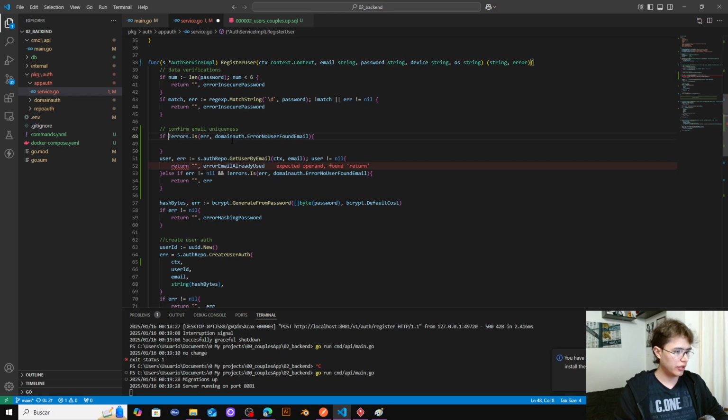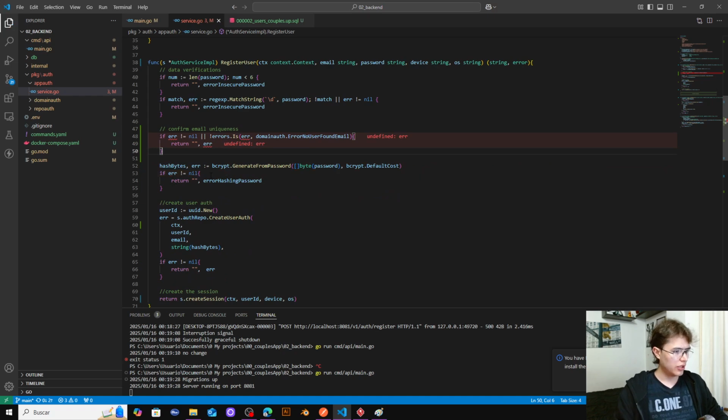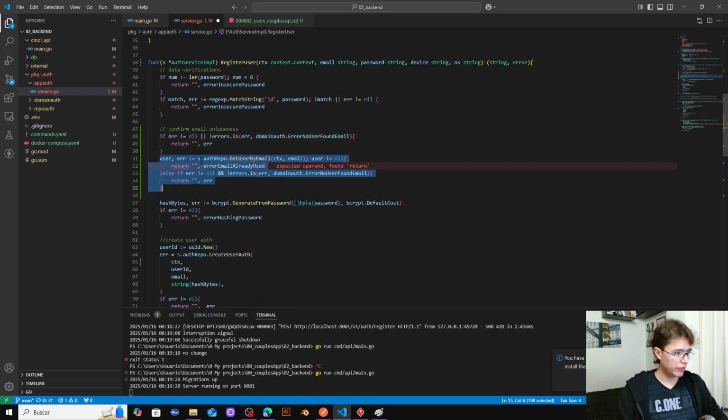I mean, if error is different to nil, or error is different to this one, then return error already in use. No, simply this error, and that will be all. Yeah, really better, an improvement, a big improvement. So let's add this code right here,